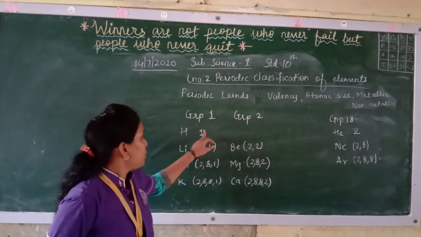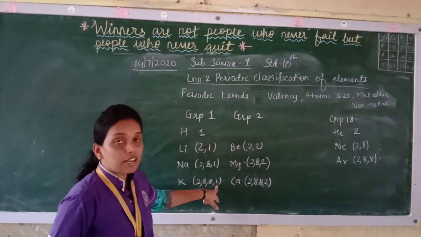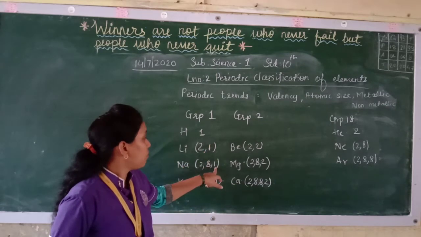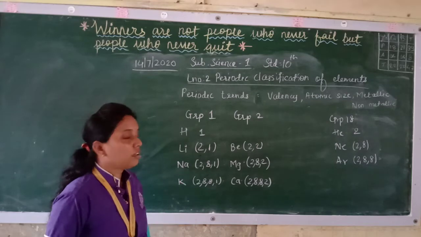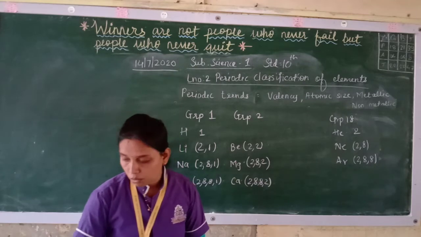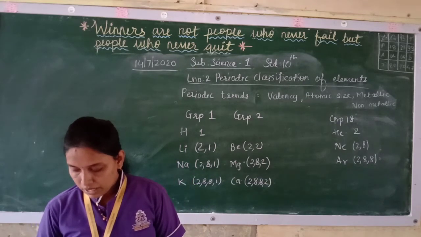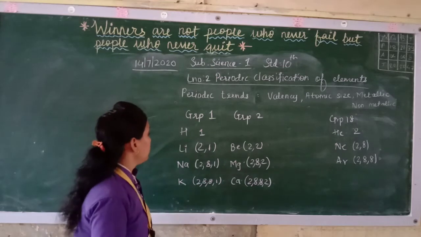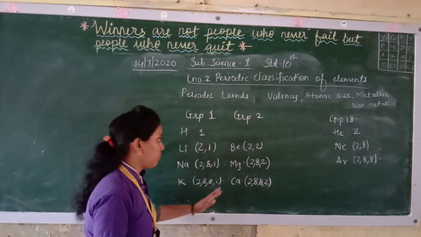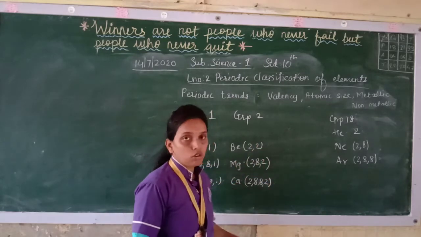See, here whatever is in the outermost shell, that is your valency, because this you can give. Here, 1 electron you can give, and then the octet is complete. In this case also, the valence electrons are 2, so their valency is how much? 2. Now, all the elements in a group have the same number of valence electrons, and elements in the same group have the same valency. Same number of valence electrons, 1, 1, 1; valency also the same. 2, 2, 2: same number of valence electrons down the group, and valency also 2.